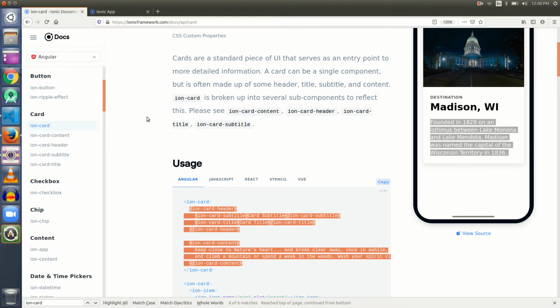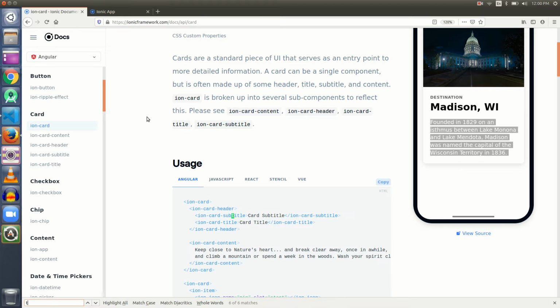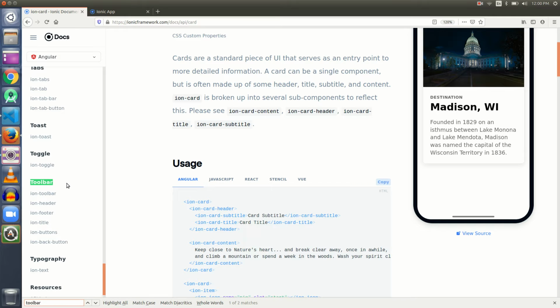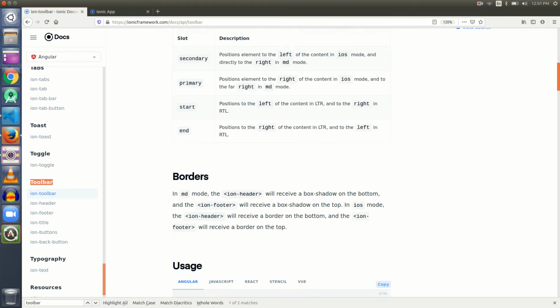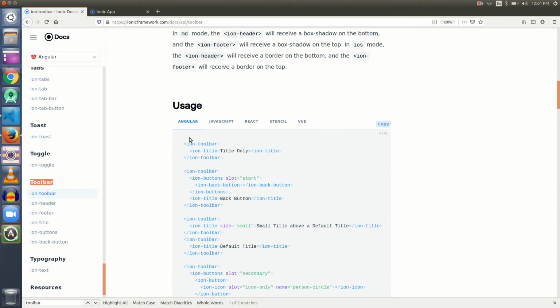We also did a video on ion-toolbar, if you remember from our past videos. So ion-toolbar too has some child components where you can write the text. These child components are generally ion-title. Ion-title is used to write the text content. So my point is, we should have a clear understanding with ourselves of when to use what component to display text. If you are using an ion-input, the text must be written inside ion-label.